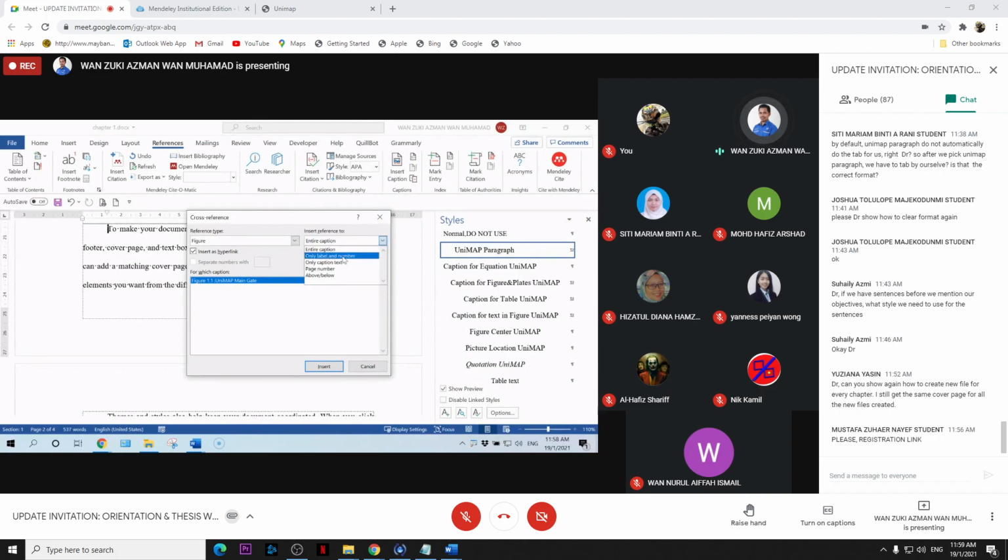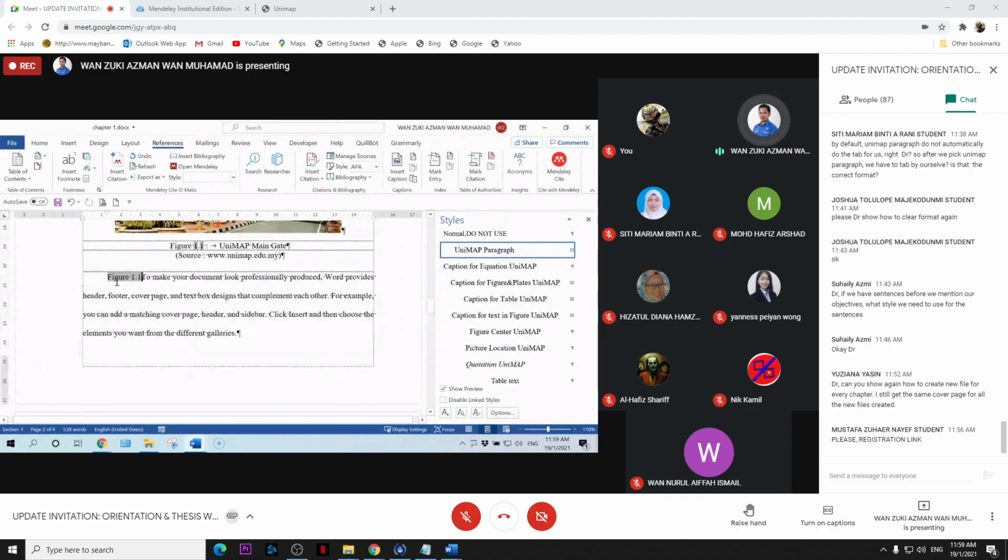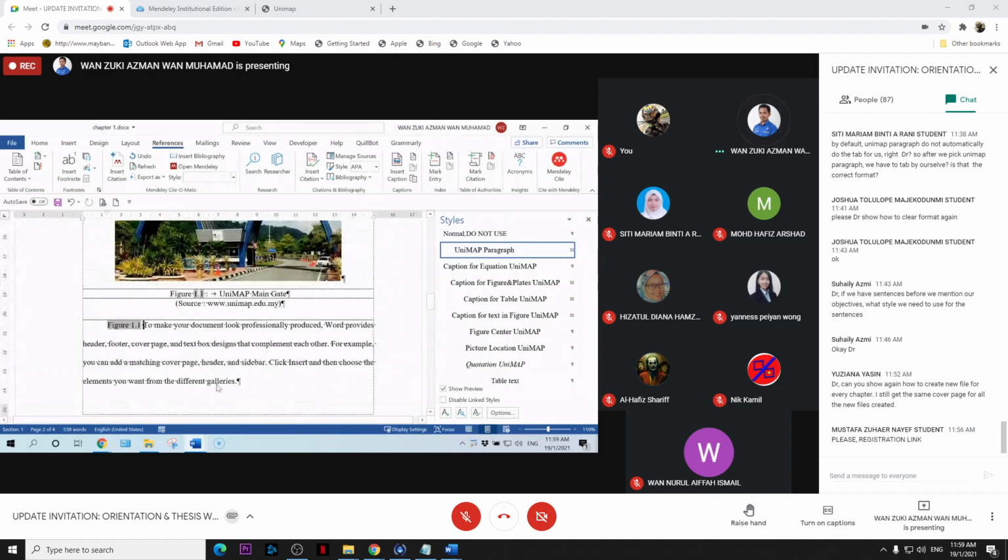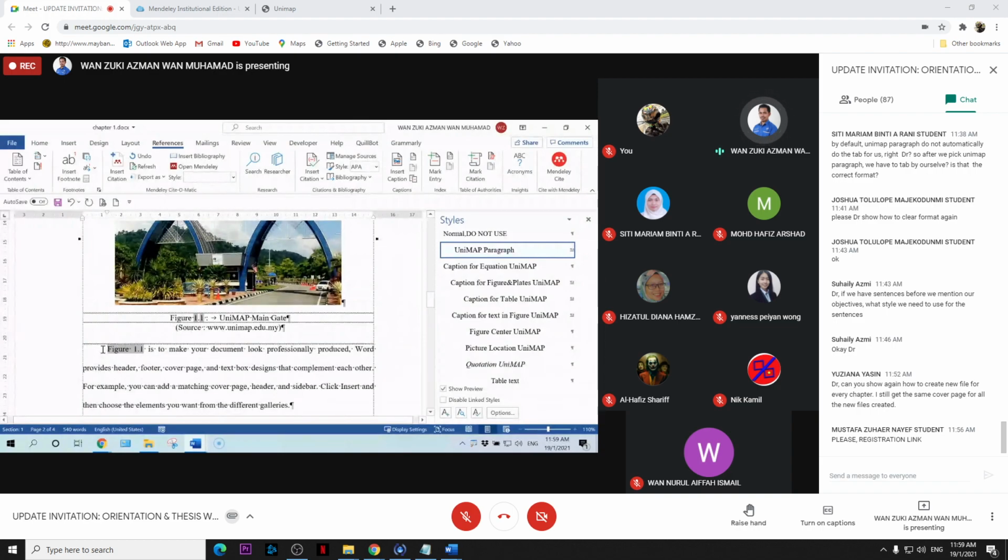So we want only the label and number. And then you click insert. So you see here, figure 1.1 is to make your document look professionally produced. This figure 1.1, I did not type manually.